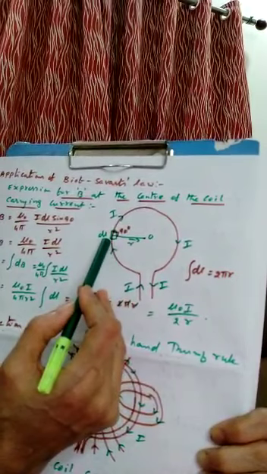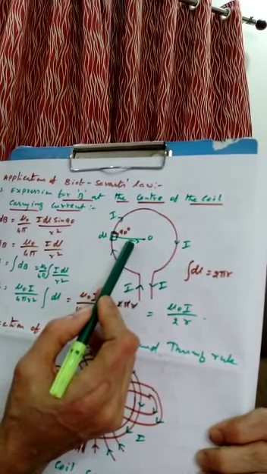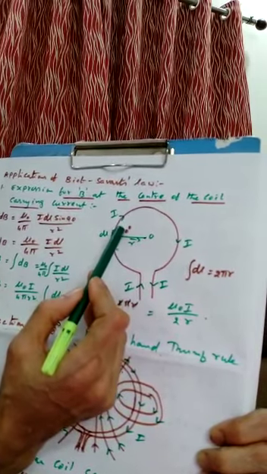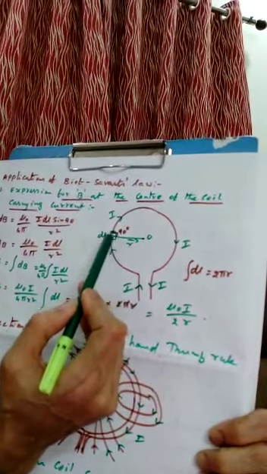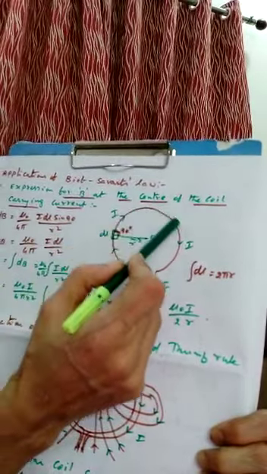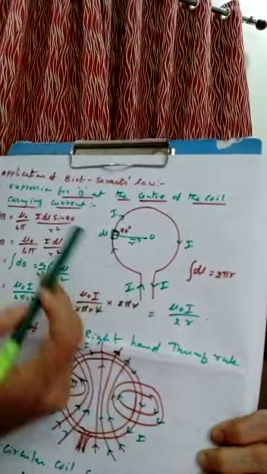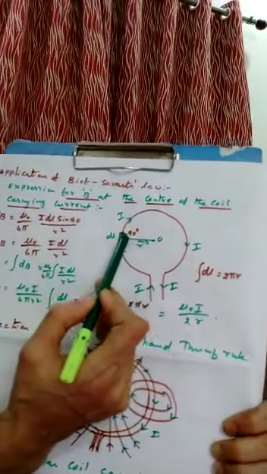What is dl actually? Tangent. The tangent and radius are perpendicular to each other. So this angle is 90. Theta is 90 at this point. Like that, at every point on the loop, radius and tangent are at 90 degrees only. You need not worry.